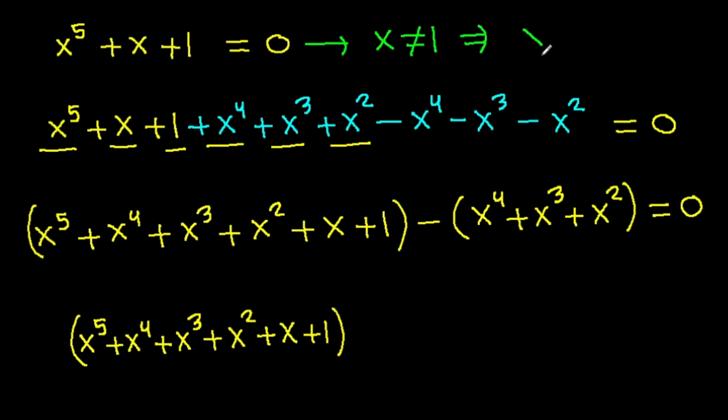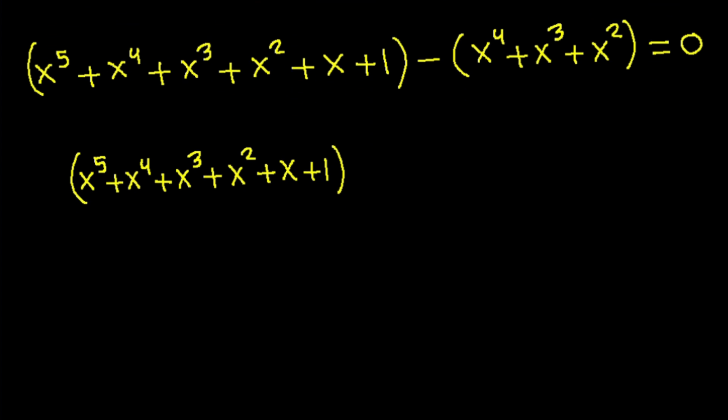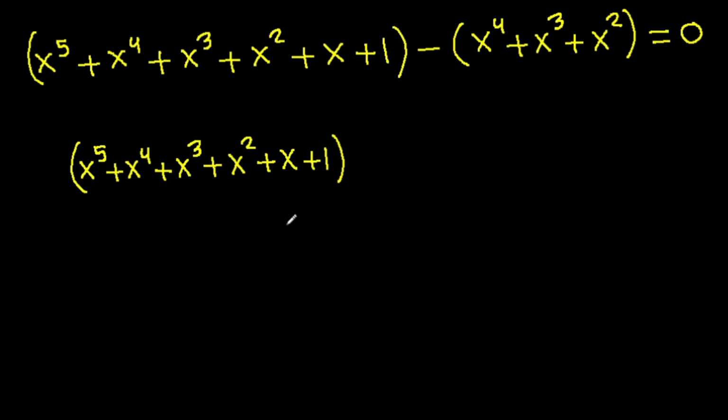That means x minus 1 is not equal to 0. So we can multiply with x minus 1 and divide with x minus 1